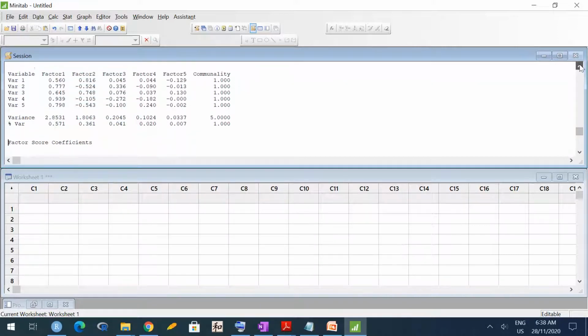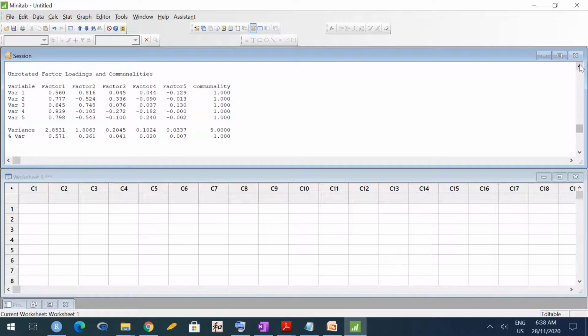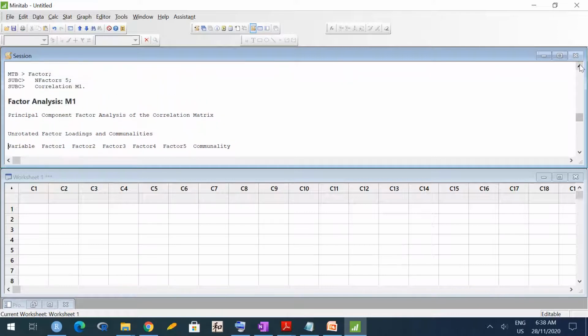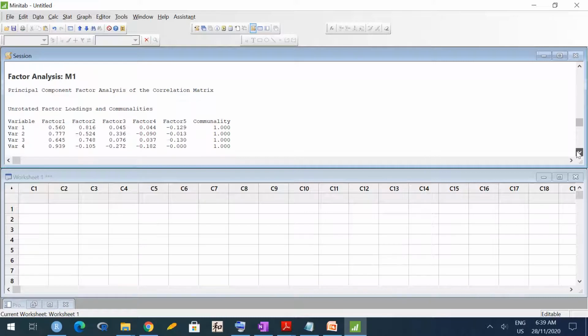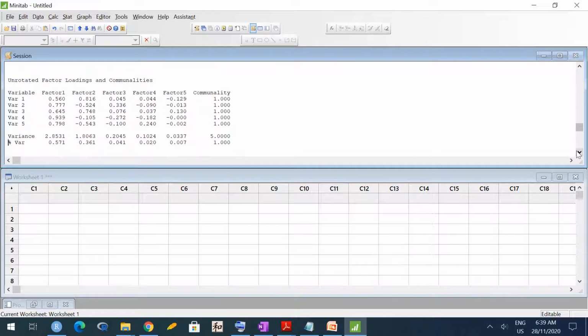See, because we have taken all 5 factors, my communalities are 1. Communality was the common variation explained by the common factors, and it was part of the actual individual variation, sigma jj square.